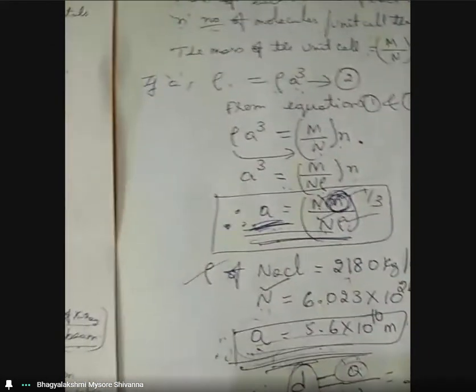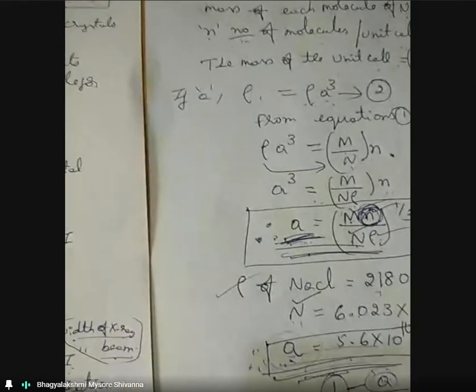So any doubt in this Bragg spectrometer? We are repeating this two more times because this is very important for examination. The spectrometer will be asked for 8 marks: state and explain the construction and working of the Bragg spectrometer. So this is very important. Any doubt in this? Girls, boys, any doubt?